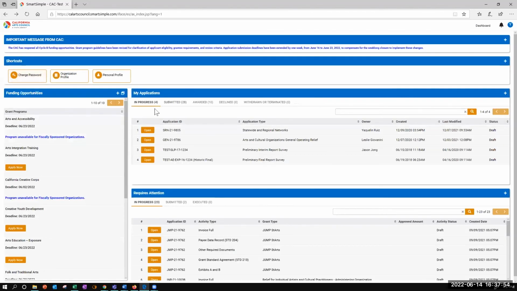Once you're ready to start applying, you can click on apply now and it'll start the application. Please just note, whoever clicks that button within the organization becomes the applicant owner for that grant and is the only person who can submit that grant on behalf of the